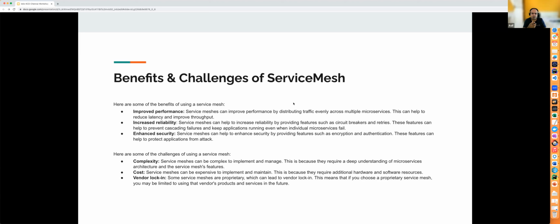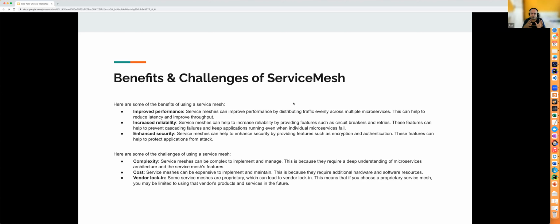But whenever these things get addressed, some challenges come in. When SDKs were made for microservice frameworks, a lot of challenges came with that. Same way with the service mesh, there are some challenges. One is the complexity, because all of these things are built into one framework, and these frameworks need configurations to address all these features. Say load balancing, what will be the algorithm, or what will be the policies for circuit breaking and retries.